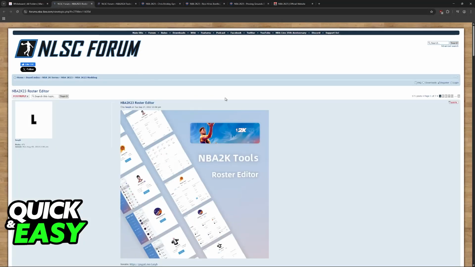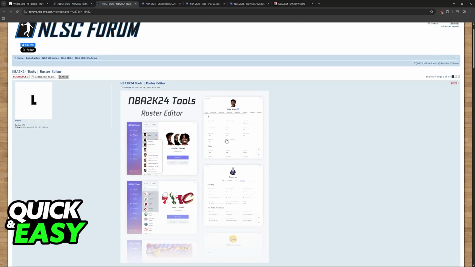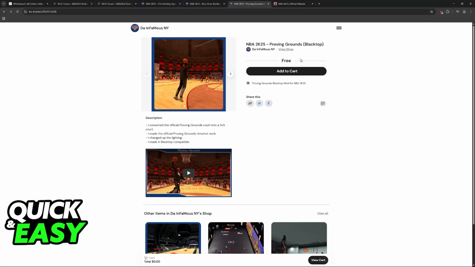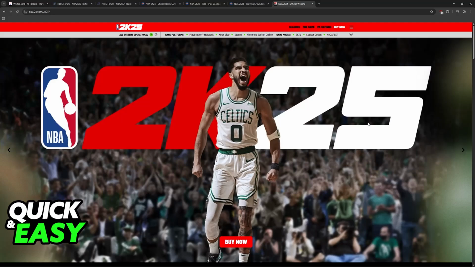Now, for NBA 2K23 and 2K24, you have these tools that make the process much easier, but for 2K25, you will need to extract the mod files inside of the game folder. Sadly, for a video of this length, I cannot show you how it is done,